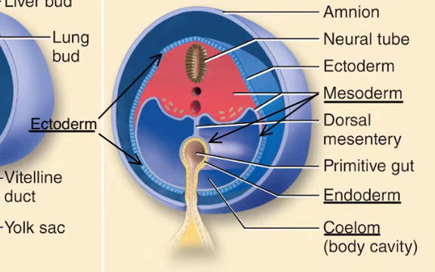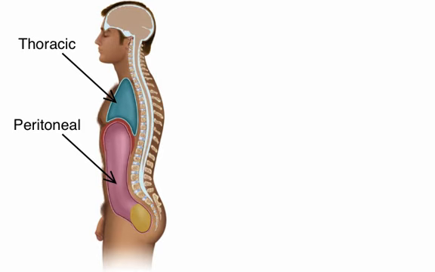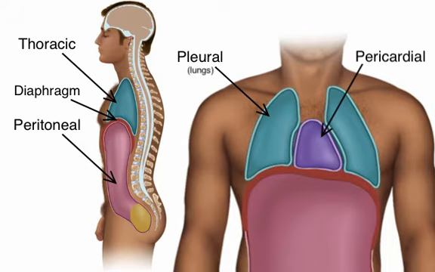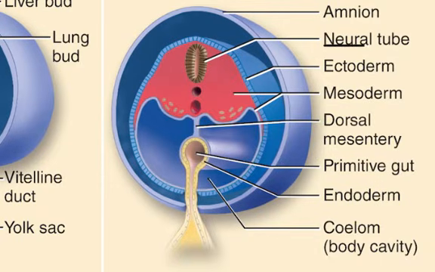The coelom divides into the thoracic and peritoneal cavities, which are separated by the diaphragm. By the end of week 5, the thoracic cavity further subdivides into the pleural and pericardial cavities, which contain the lungs and heart, respectively. 2 more especially significant events in organogenesis are the appearance of the neural tube, which will